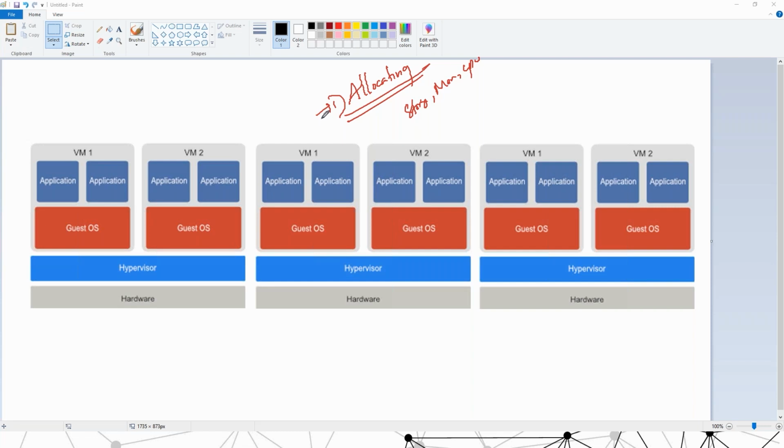But there is something called dynamic memory utilization. That means you can have a common shared memory which can be utilized by multiple VMs, but that is very limited. Plus there are a lot of drawbacks: sometimes it can keep a buffer, it can show you some errors. For enterprise critical applications it is not trustworthy. That's why we always go for allocation options. That's it.